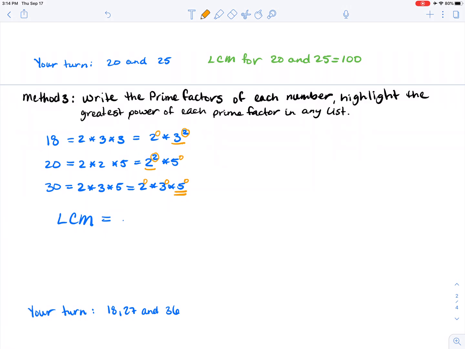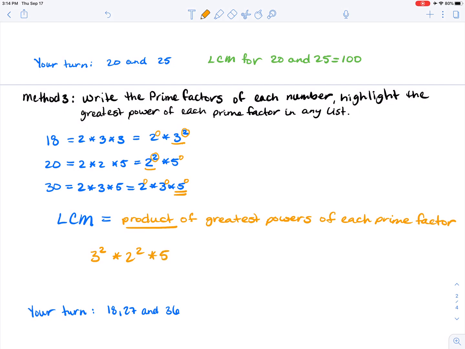So now what I have to do to find the LCM is I'm going to take the product of the greatest powers of each prime factor. So product means multiply, so I'm going to take my 3 squared, multiply it by my 2 squared,